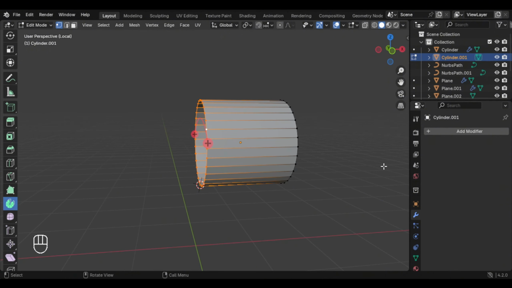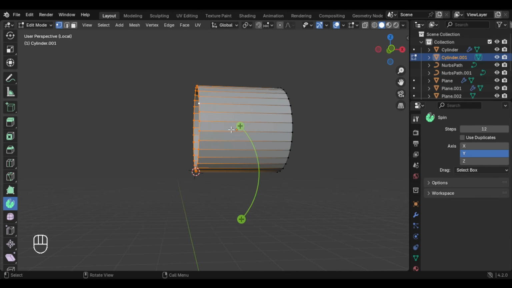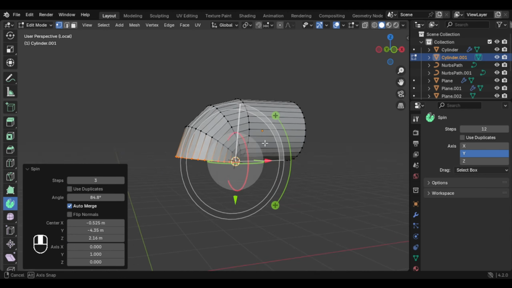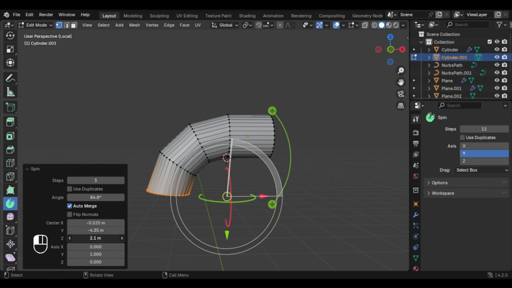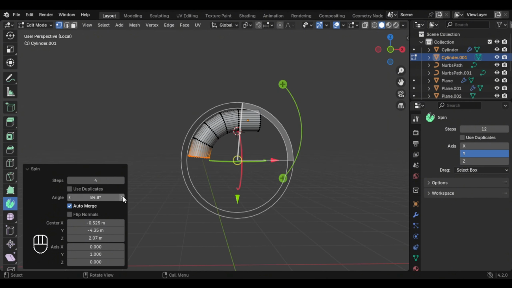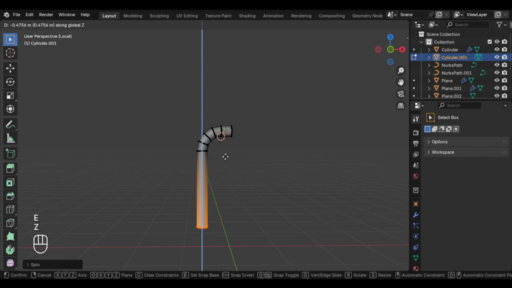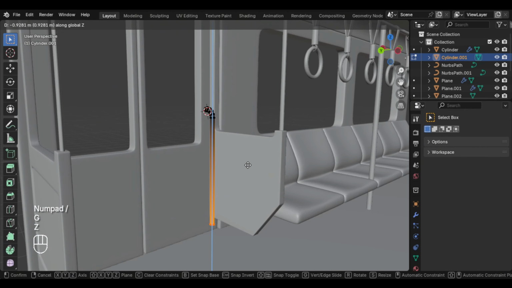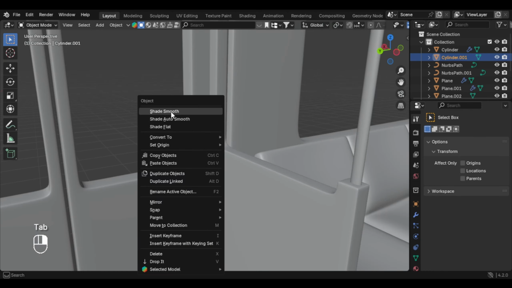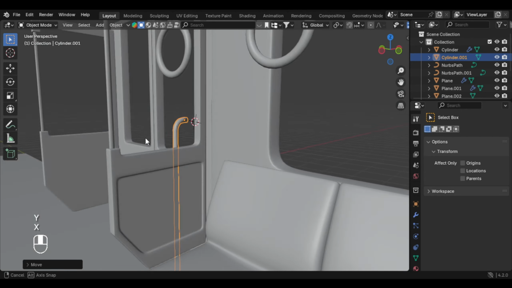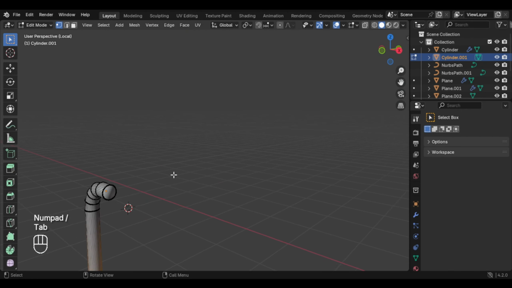and now we can just select this whole edge and go to spinning tool, and you have to go back to this tool here and rotate it, so Y is right, and you can just drag it to here and make the steps a bit less, so maybe 3 is enough, and also the radius, maybe 4 looks better, and we can change the angle to 90, and let's go back and E and Z, and you can make this longer to here, and right click, shade smooth, and let's bring this a bit more out so we can see it from the side,